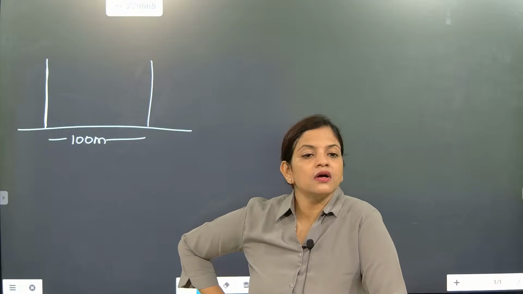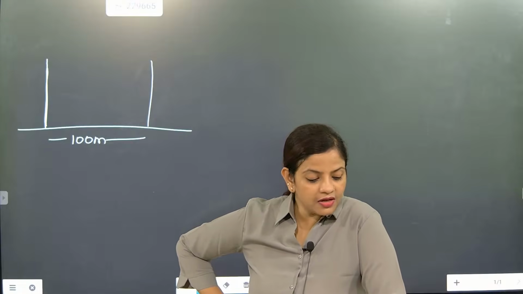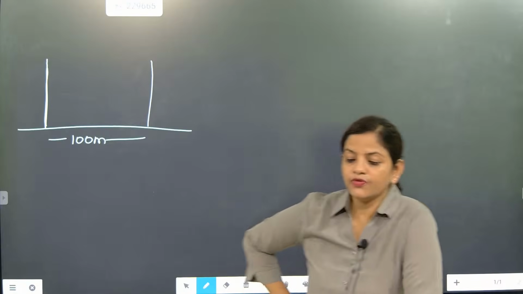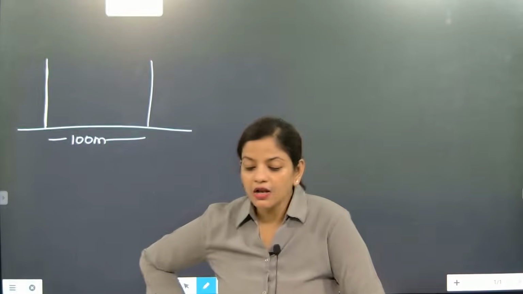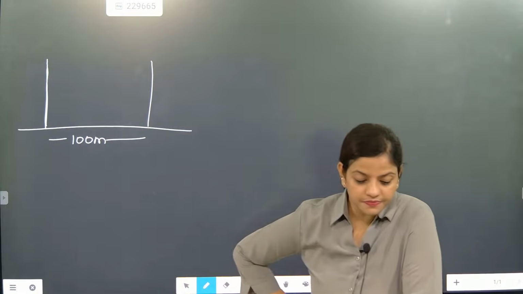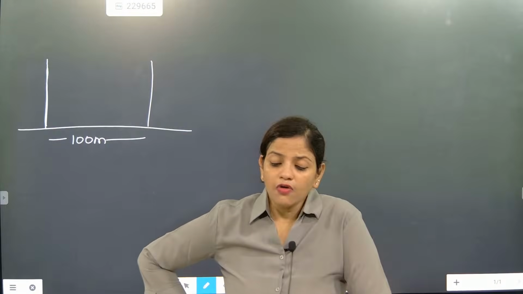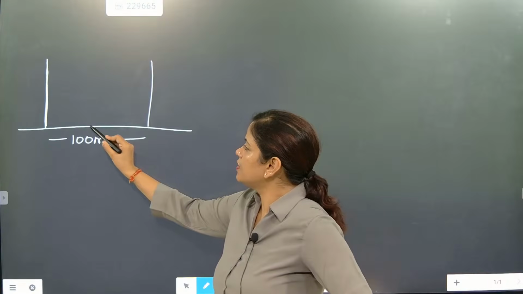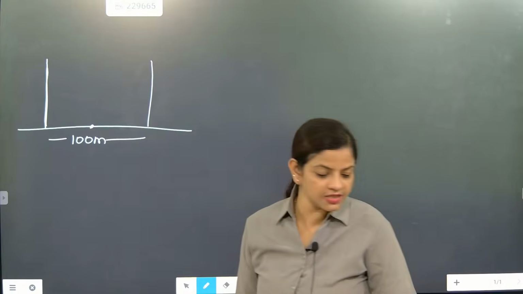Which is what, beta? 100-meter wide. The angle of elevation, put full stop and write, the angle of elevation of top of pillars are